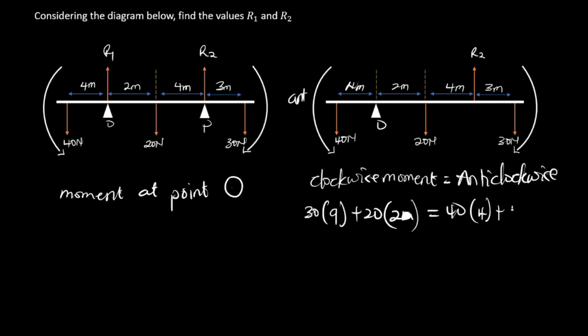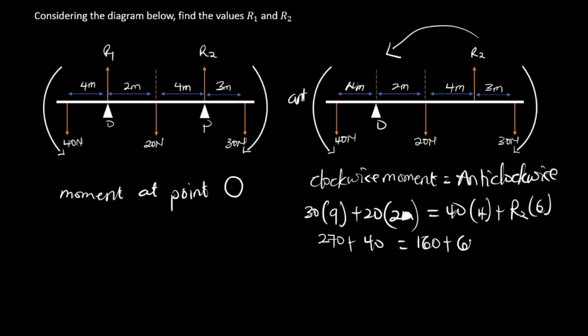We have R2 multiplied by the distance between R2 and the pivot in the anti-clockwise direction, that is in this direction, 4 plus 2, which is 6. So we can simply just solve this. 30 multiplied by 9 is 270, plus this is 40, equal to 40 by 4 is